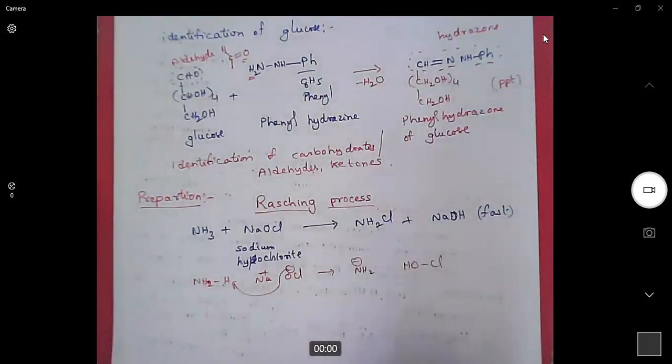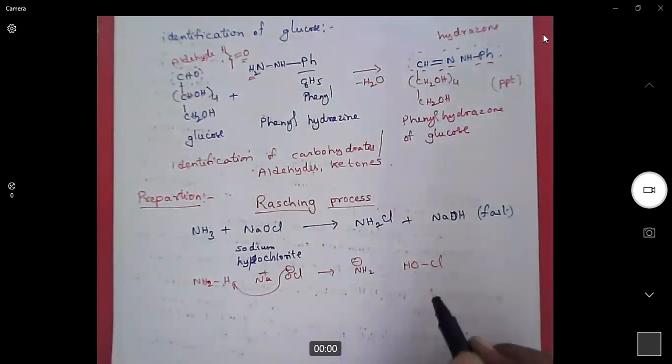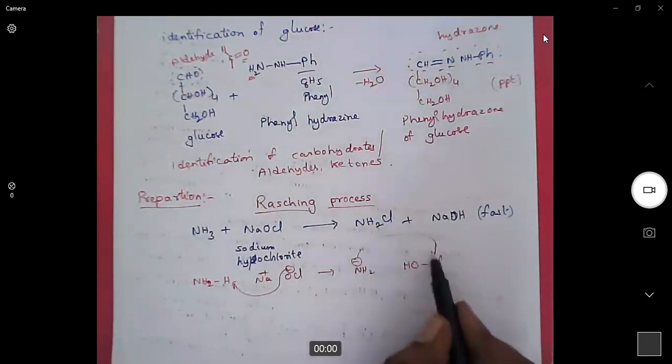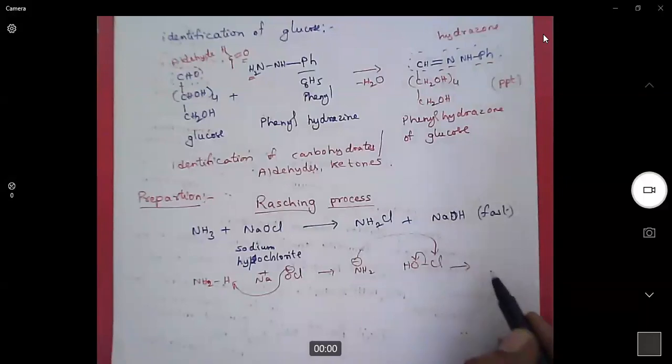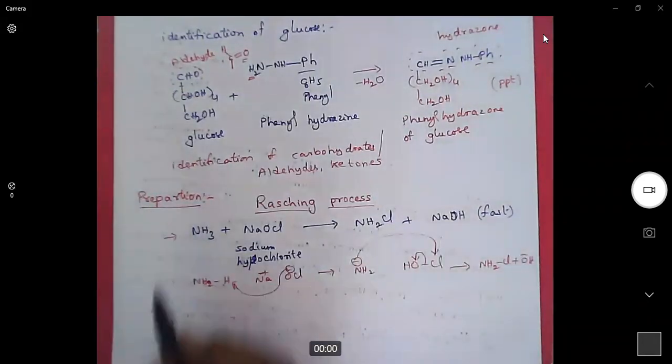This is hypochlorous acid. NH2 minus now will attack on Cl, and OH will leave as OH minus. So we will generate NH2Cl and OH minus. This OH minus and Na plus will come together as NaOH. Then in the second step,